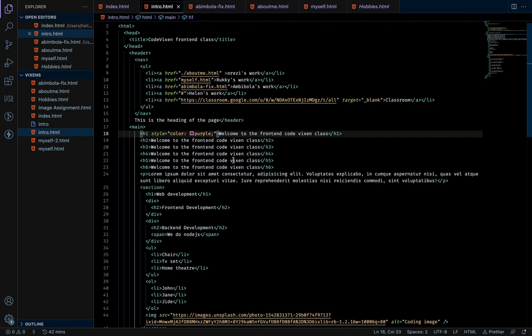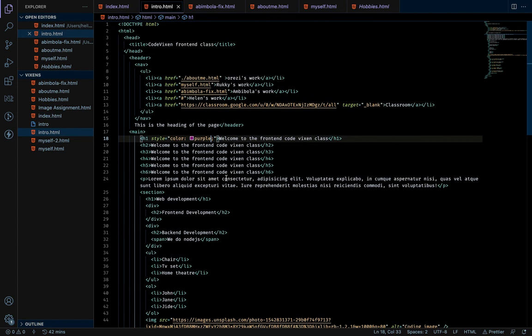So now let's talk about the internal styling. This first approach was the inline styling. So what is internal styling? Internal styling is when you style your document by putting what we call the style